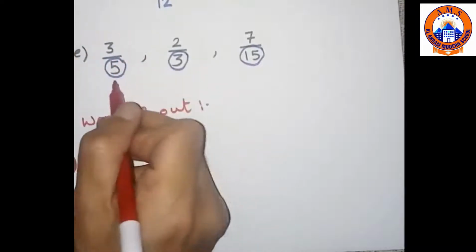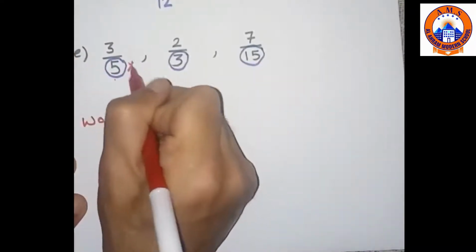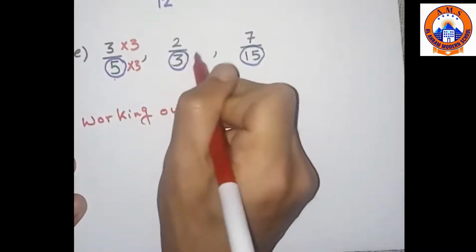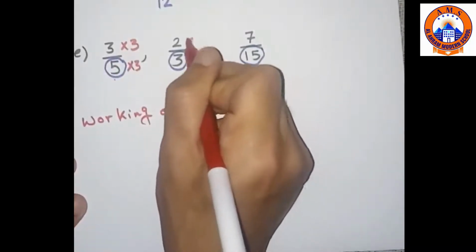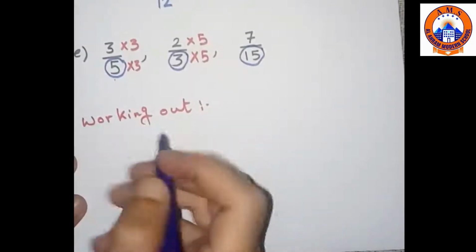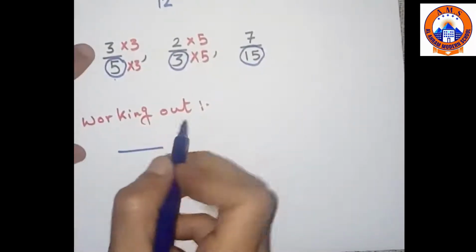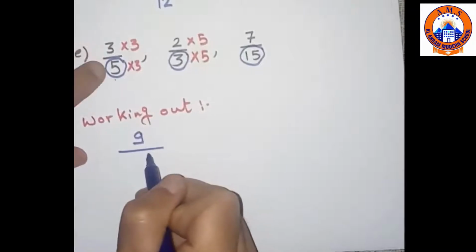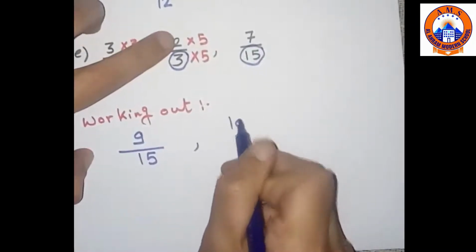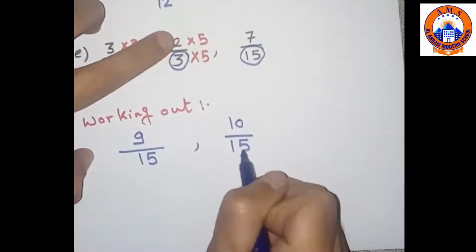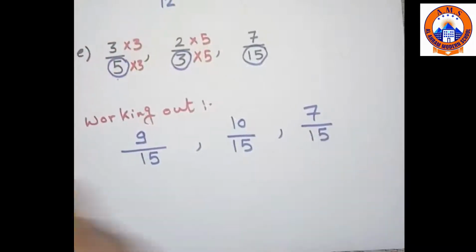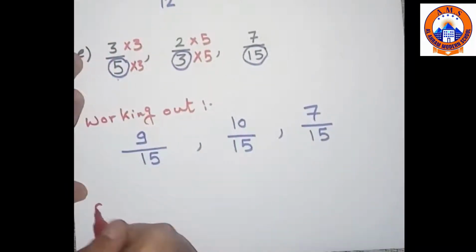Yes, we can make this 5 into 15 by multiplying by 3 down and by 3 up. This 3 can be 15 by multiplying it by 5 down and by 5 up. So in the working out, the new fractions will be 3 by 3 is 9, 5 by 3 is 15, 2 by 5 is 10, 3 by 5 is 15, and the last one is 7 over 15. We are ready to make the order,